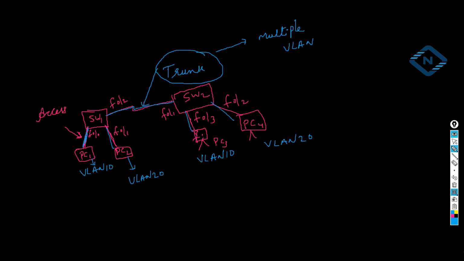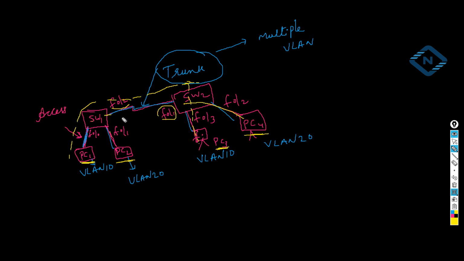When this PC tries to ping or send any traffic, say PC1 wants to send traffic to PC2, it needs to go this way. For example, PC1 wants to send some information to PC3. It needs to pass through switch 1, then go to switch 2. So the traffic goes like this. Same thing, if PC2 wants to communicate with PC4, this traffic also needs to go from switch 1 out of interface F0/2 and into this interface F0/1, and it will go to this PC.